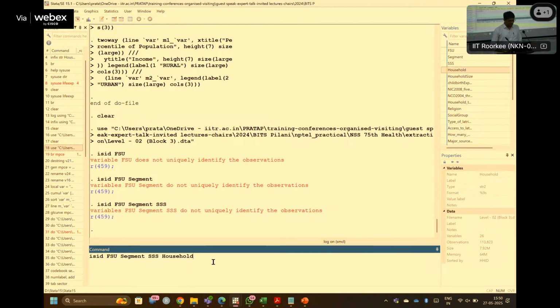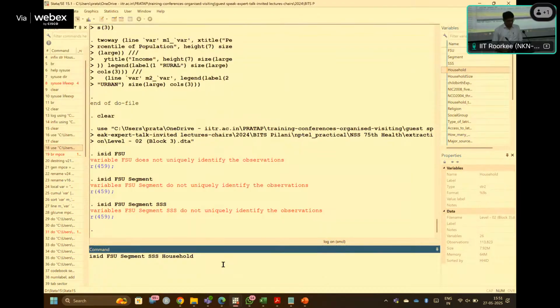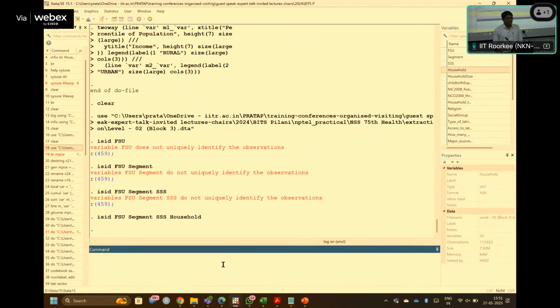So my purpose in mentioning this, for merging both of the data sets, is first of all to identify how the common variables are uniquely identified. If they are not uniquely identified, we cannot merge. That's the standard principle. So I have now used these 4 variables, FSU, segment, replace and household, as my uniquely identified variable. Where did I get it? I got it from the README file. Now I'll check. Now there is no error